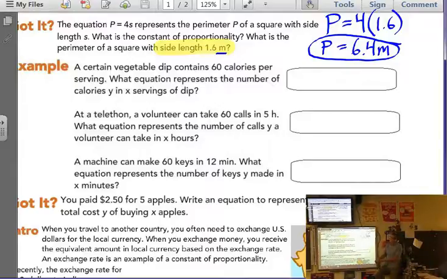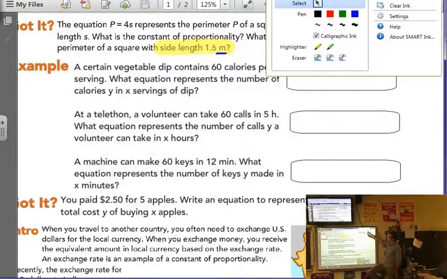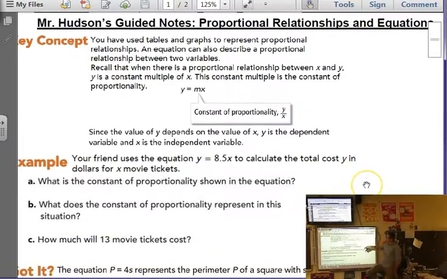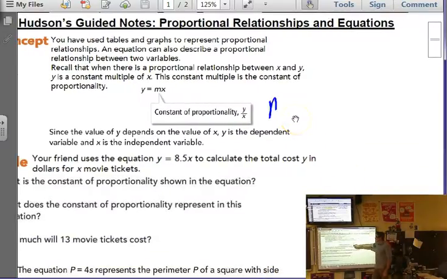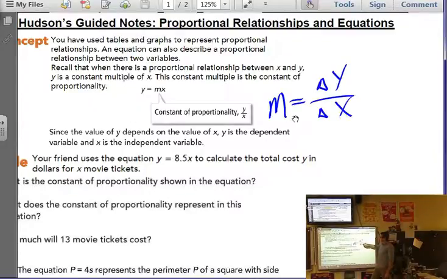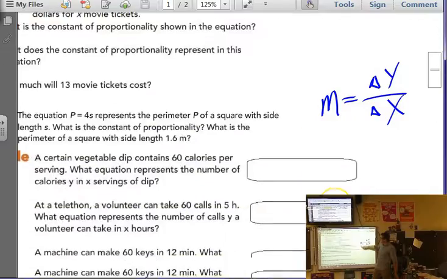So now these next 3 get a little tricky. Because when we go back and think about that k, that constant of proportionality, we can look up here that m or that k, and we talked about this yesterday, is really the delta y over the delta x, or we can just say y over x if all we're given is a y value and an x value, and we know it's proportional. If I don't know that it's proportional, I have to use change in y over change in x. So, if I take this equation and I come down here,